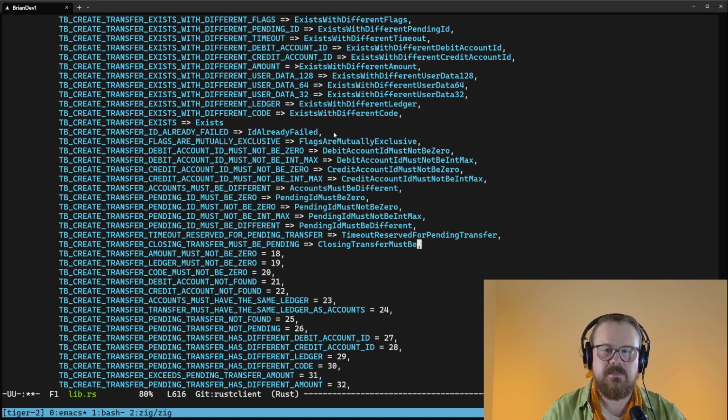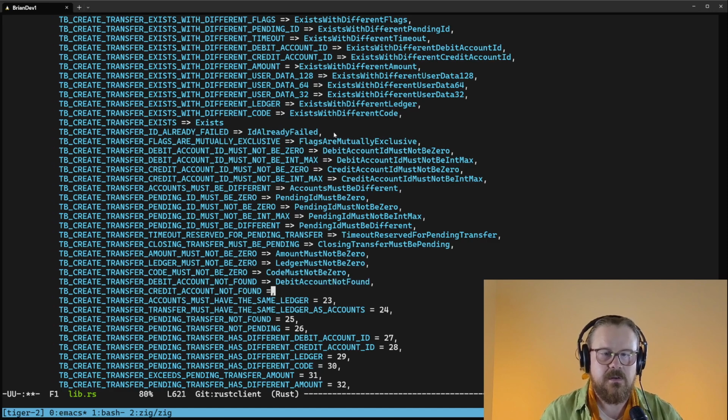Timeout reserved for pending transfer, closing transfer must be pending, amount must not be 0, ledger must not be 0, code must not be 0, debit account not found, credit account not found, accounts must have the same ledger, transfer must have the same ledger as accounts, pending transfer not found,